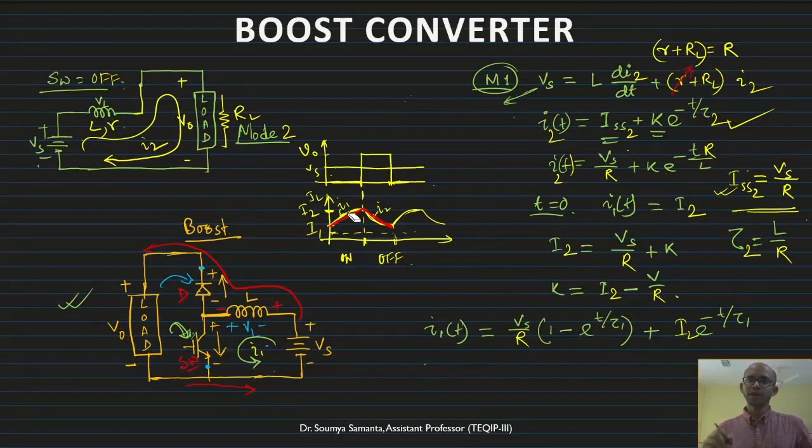Now in this case, what will we get? We have to find the expression of the duty cycle, or the input-output voltage relationship, the output voltage to the input voltage. What is the relationship, similar to what we found in the buck converter? In the buck converter we found V output equals D into Vs. This is a very useful relationship. Now similarly, what is the relationship between the output and input here? So let us derive that part.